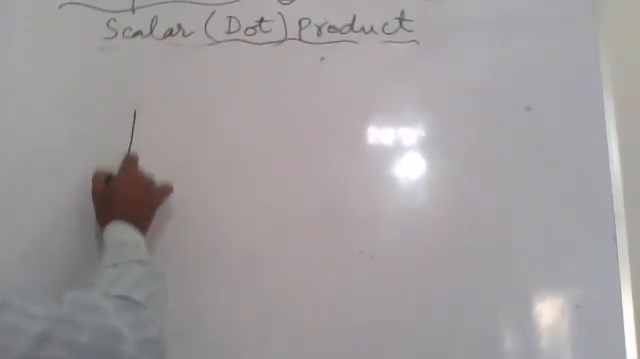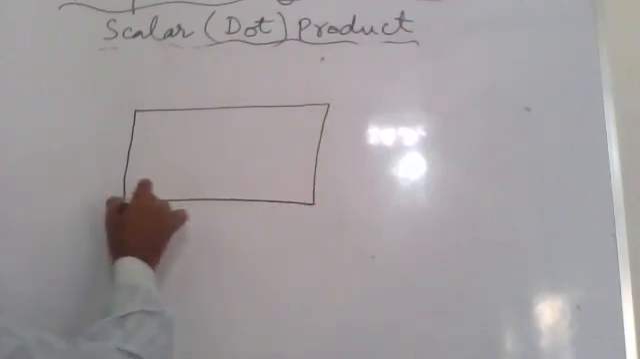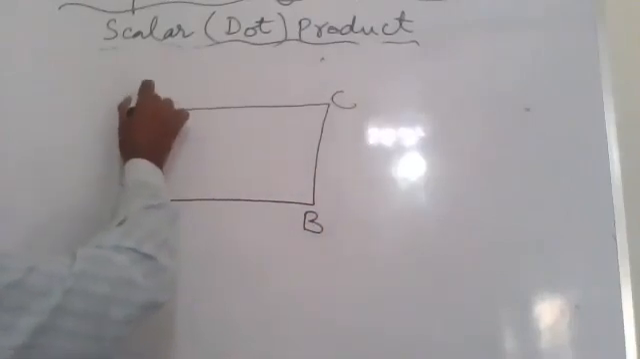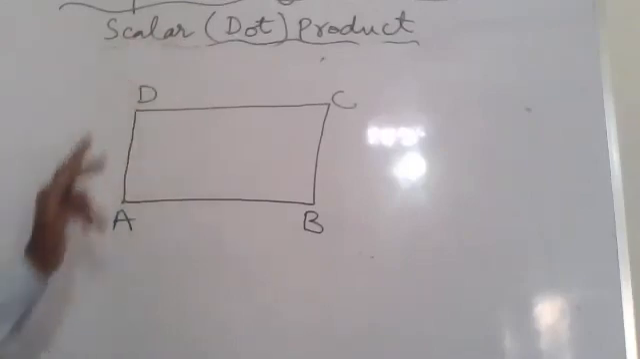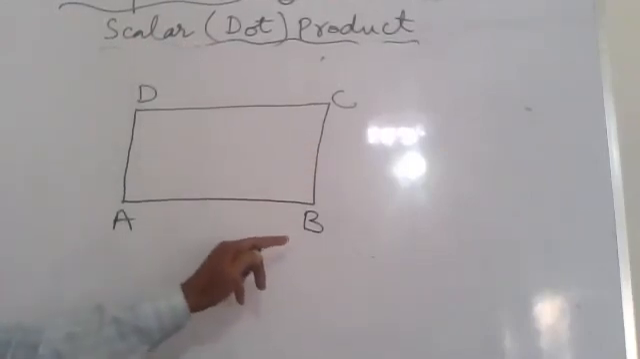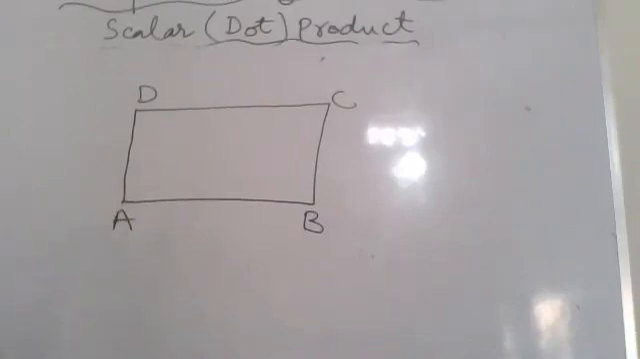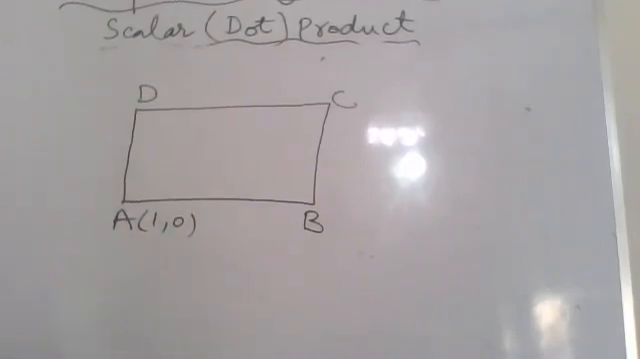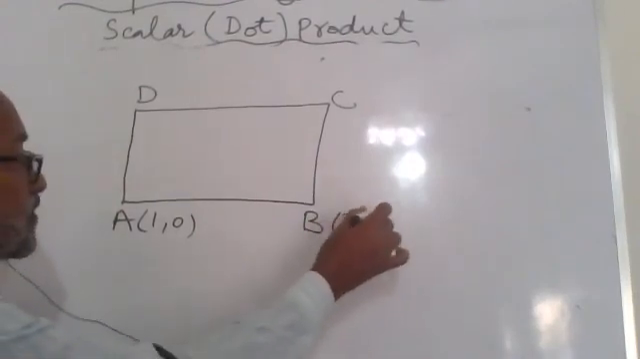This is the rectangle. Start from here: A, B, C, D. Write in order, A, B, C, D in this way or in that way. Or you may start from any place. There's no problem. Now put their values. Vertices A (1, 0), B (0, 3), C